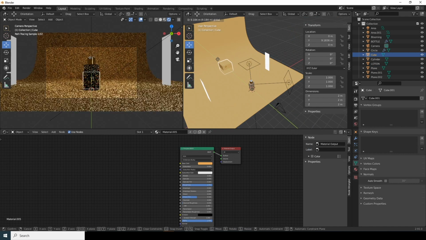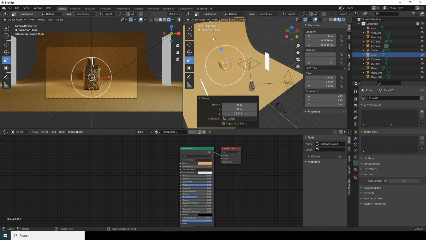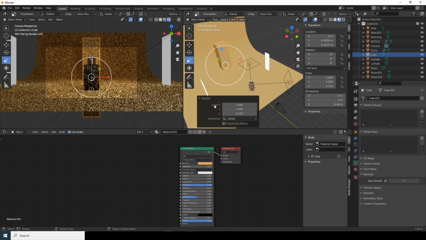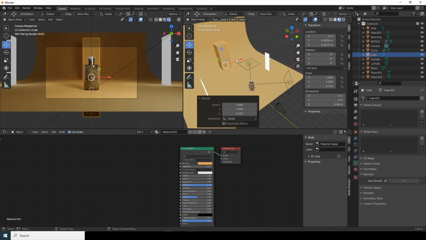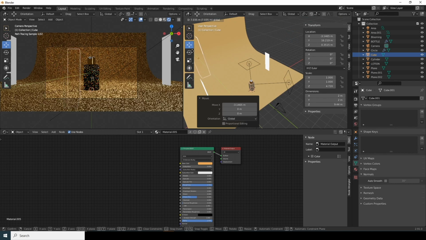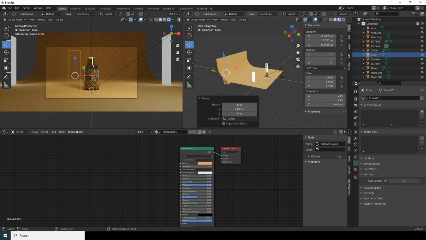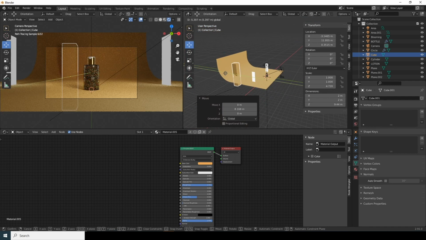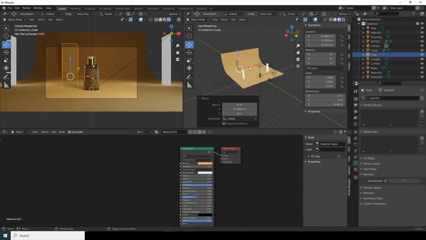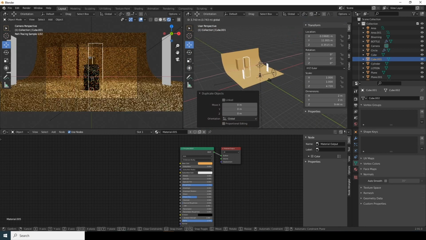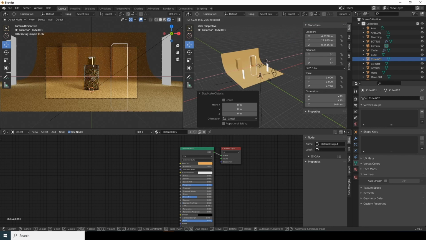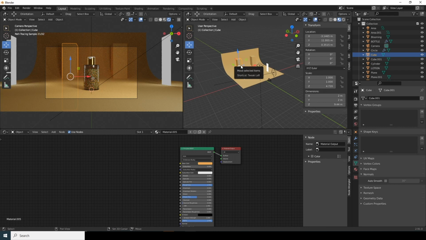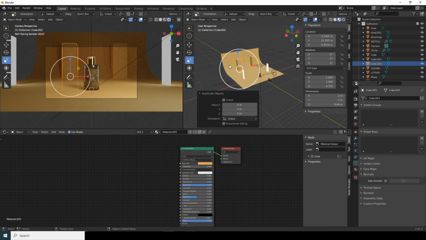So select this one, let's move it right over here, let's scale it, and let's move it maybe on this side. And Shift D, let's make a copy, let's keep it right over here, and again Shift D, let's make a duplicate, scale it,